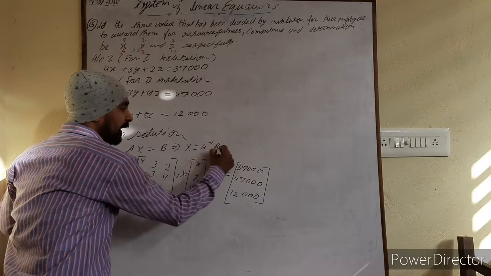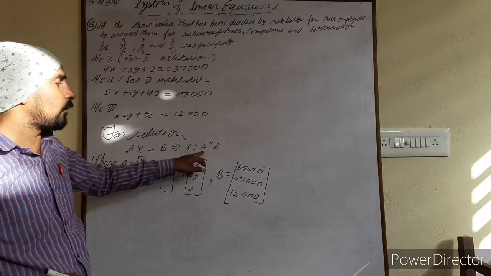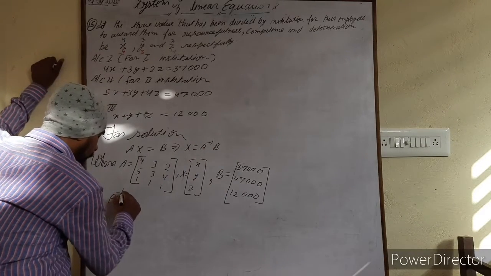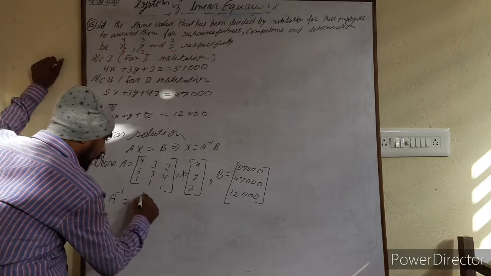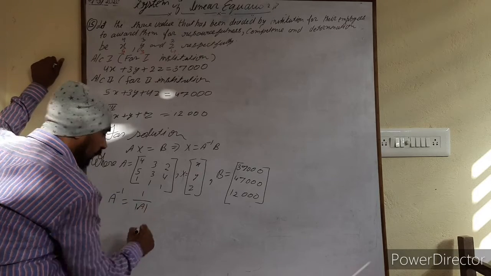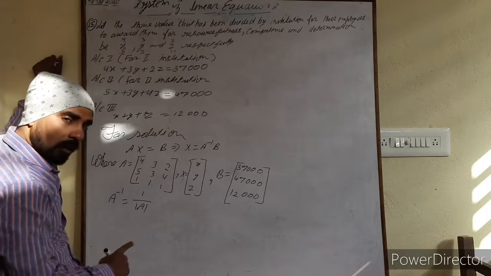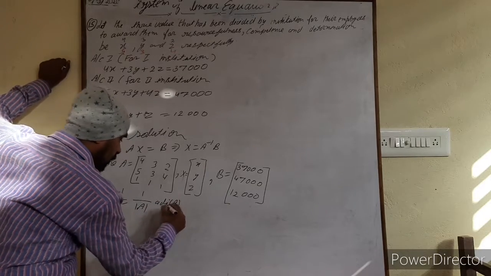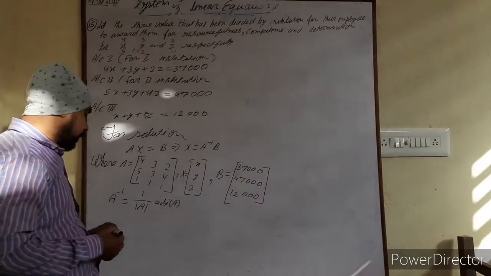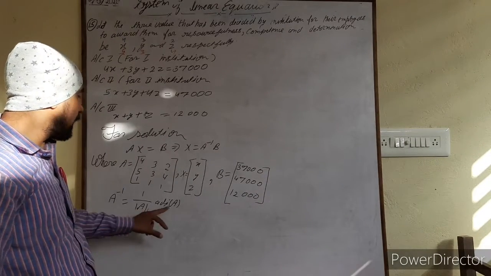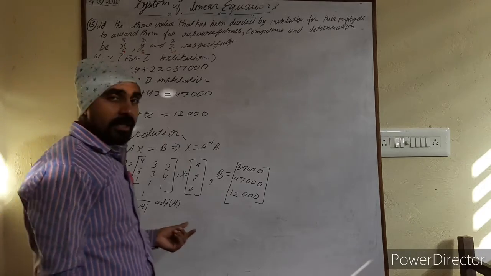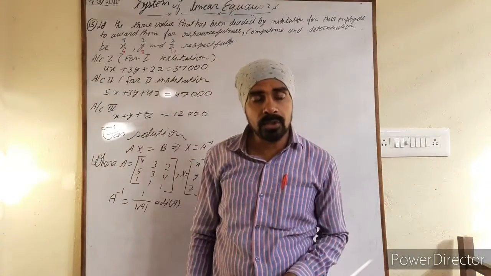A inverse B. It means what you have to do, very first you need to find out the value of A inverse. And I had already taught you that for finding A inverse, you must have 1 upon det of A. It means very first you need to find out det of A, after that adjoint of A. These two values must be solved by you. After finding the value of this and this, very first you have to check whether det of A is not equal to 0 or it is equal to 0. We have to check it.